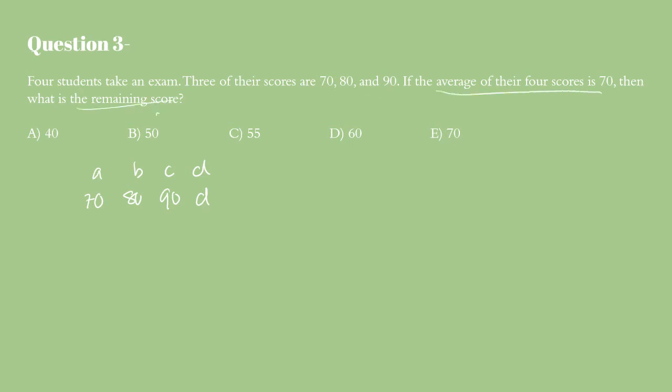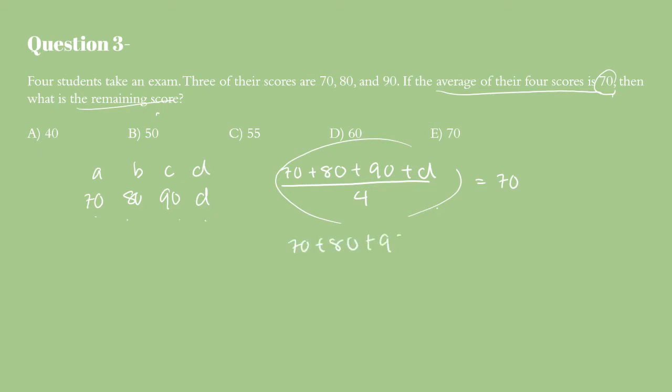So the average of their 4 scores is 70. Wow, D must have done pretty badly. That's all right. Room for improvement. Mistakes help you grow! So 70 plus 80 plus 90 plus D, over 4, would be the average of the 4 scores, right? Because you add all the scores, then divide by the number of scores, which is 4. And that would equal 70. So let's multiply both sides by 4. 70 plus 80 plus 90 plus D equals 280. Sorry if I'm going a little slow. It's hard to write fast for some reason.